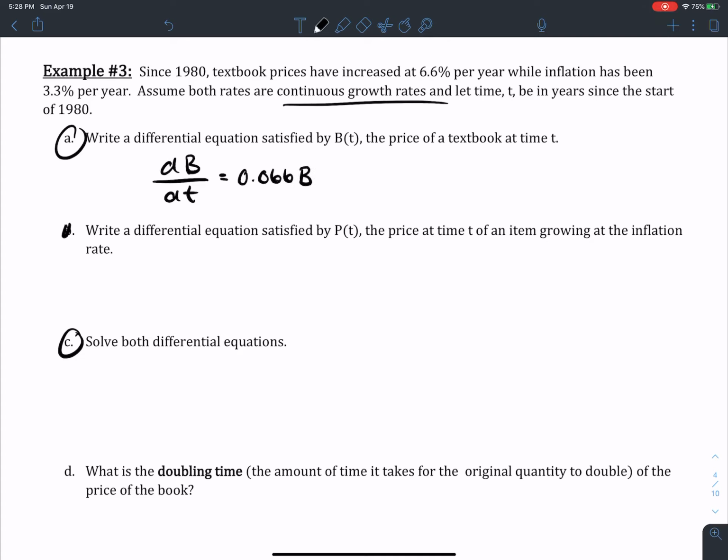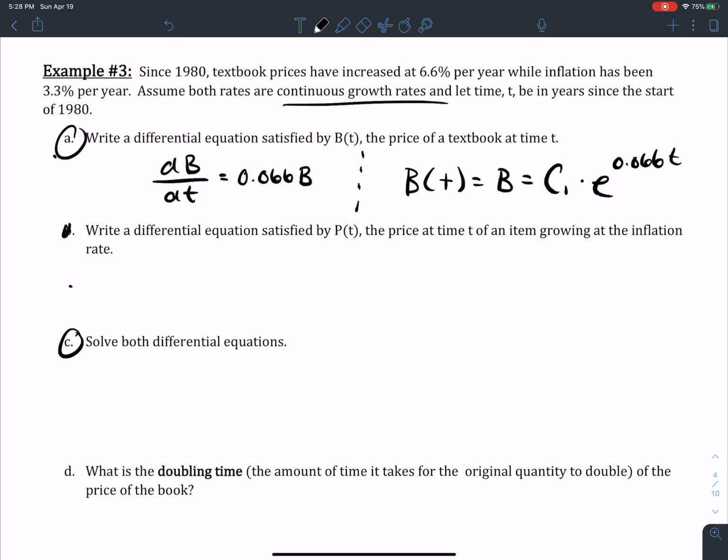Now with this, I'm just going to quickly solve that, and as we did in that very first example, take a moment to pause the video if you need to, but just using separation of variables, it's very formulaic in regards to those steps always being the same over and over again. So using the separation of variables, you should have gotten the price of the textbooks is C1. I called it C1 because I'm going to be doing two equations, so I don't want to use C twice. C1 times e to the 0.066